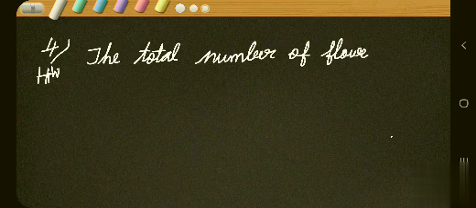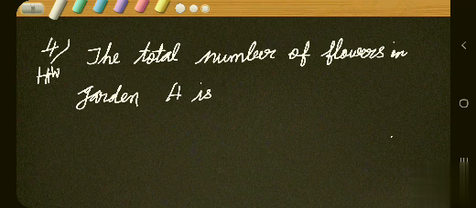The total number of flowers in garden A is given as 6,47,899. 6,47,899. Okay, and then comes